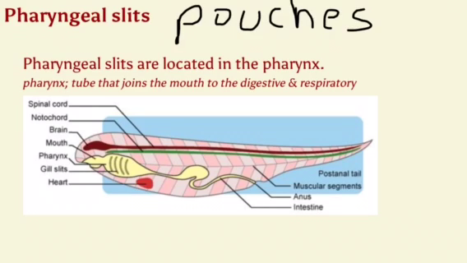So pharyngeal slits are basically a tube or a connection kind of located in or on the pharynx, and connects the pharynx or the throat to the outside. And again, sometimes it's used for food digestion and filtration, and in other organisms it's used as part of the respiratory system. And my understanding is that in humans these pharyngeal slits actually develop into the ear, or parts of the ear.